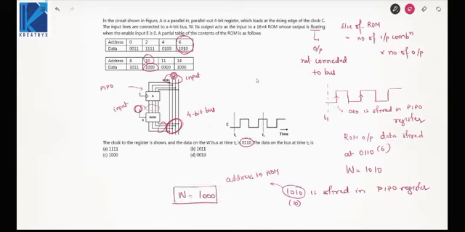At the next clock edge, this will be stored in the register. But it is asking at time t2, so the answer would be 1, 0, 0, 0. That is, the answer will be C. So it is going in a cyclic manner. The data in W is stored in the PIPO register, and then that data itself acts as the address to the ROM, which will again give the output as the data stored at that address.